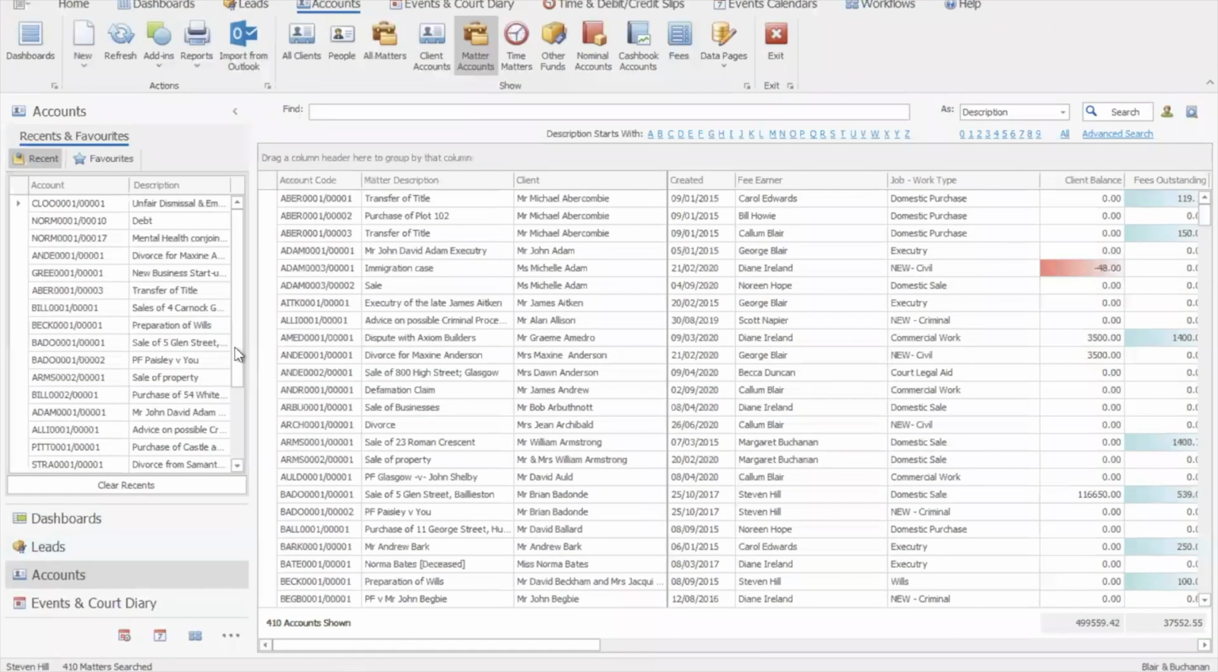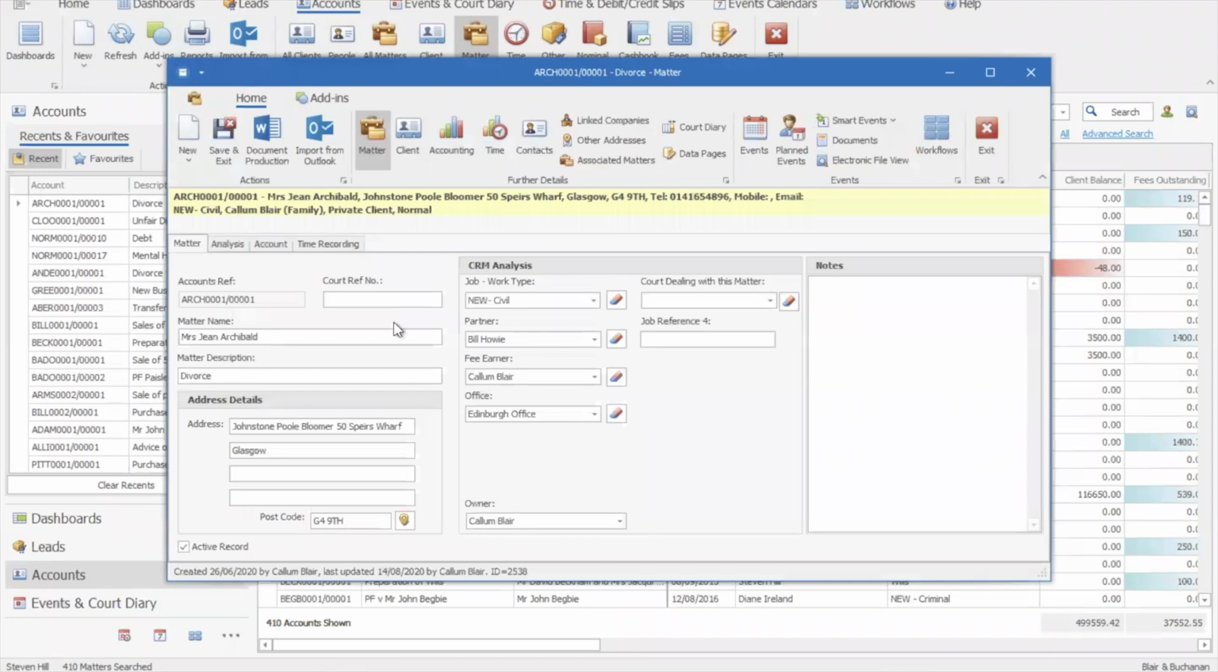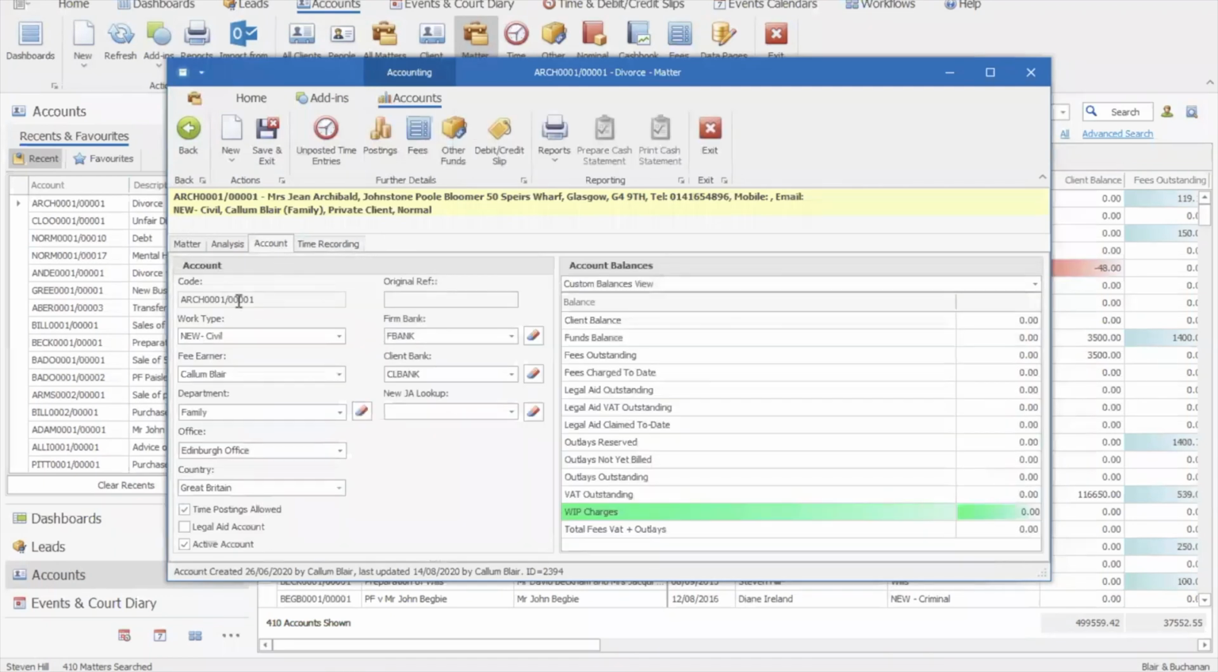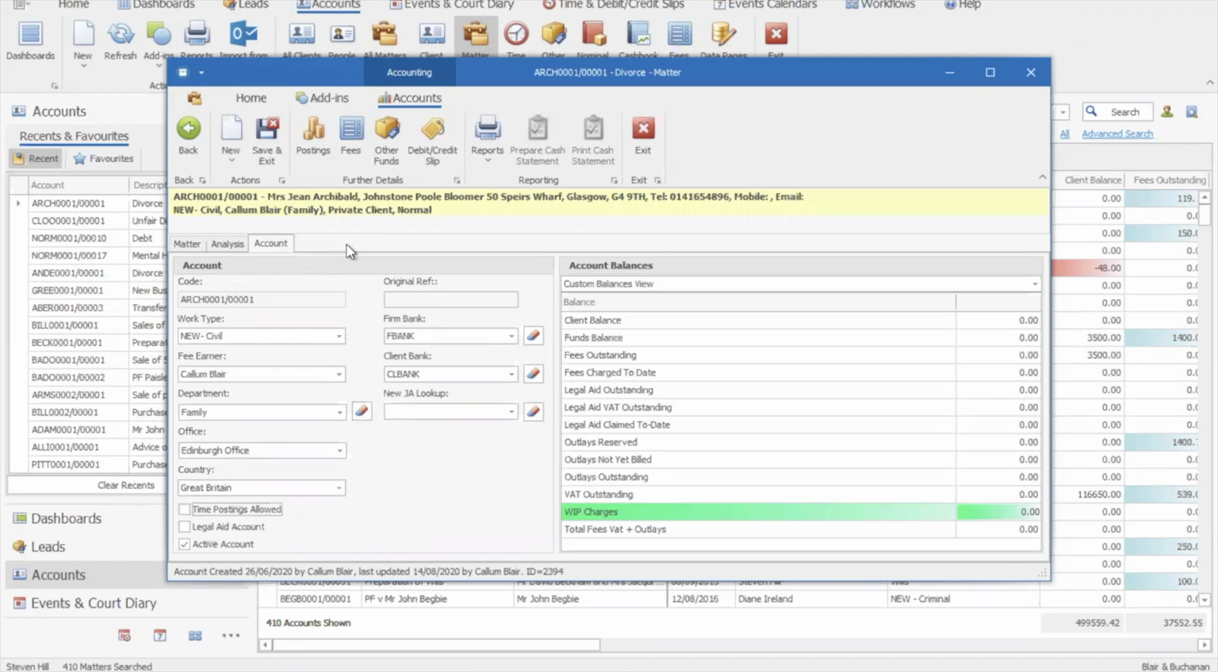So if we look at CaseLoad, we'll just go and have a look and see the software. We're in the matter accounts view at the moment. If we go into a matter, you'll see the time recording tab is switched on because it's been selected in the account section. So if a matter doesn't have the time recording tab available like this, you'll see there's no time entry option up here either. We click on time postings allowed and you'll see that enables the time recording tab on this one,